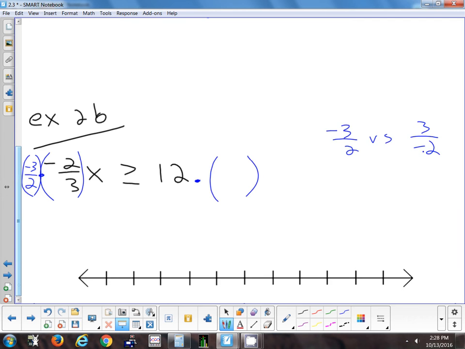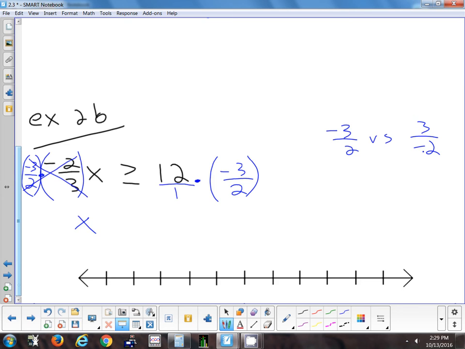And what am I going to multiply by on this side? Got to do the same thing on both sides. Emily? Negative 3 over 2. Okay, I've got a problem here. I've got this 12. 12's not a fraction. When I multiply fractions, I like to have all fractions. Technically it is because you still put it over 1. Yeah, you can always put it over 1, exactly. It's a fraction now. Okay, 3 in the top, 3 in the bottom. 2 in the top, 2 in the bottom. That's all canceled out. So x